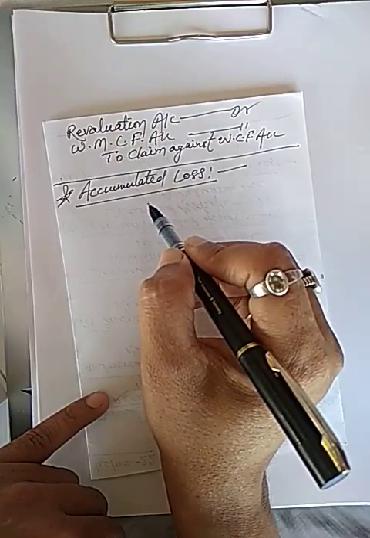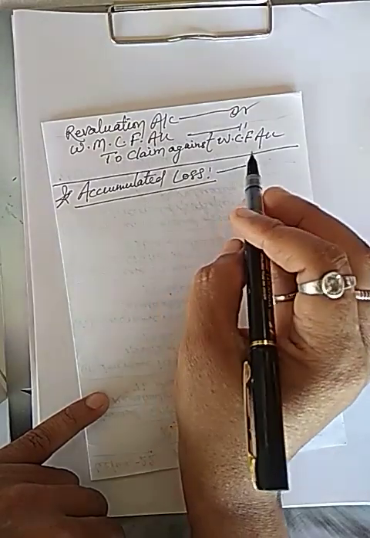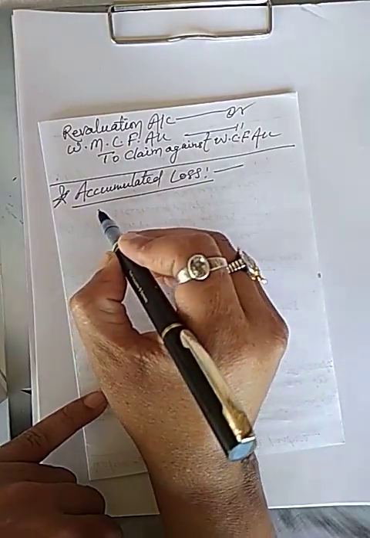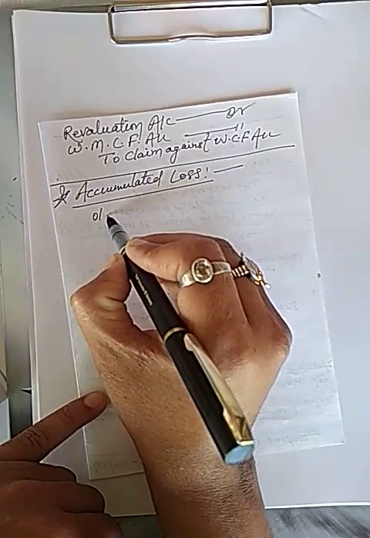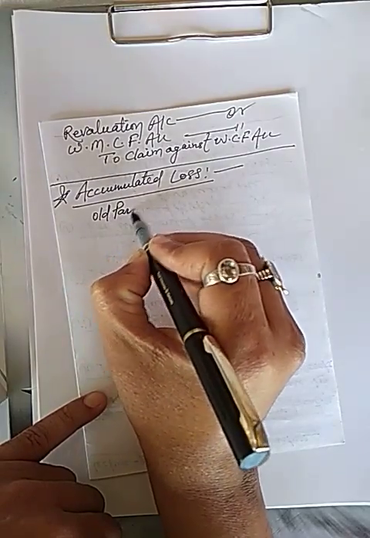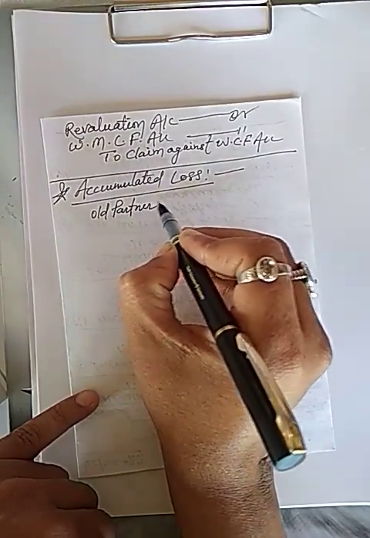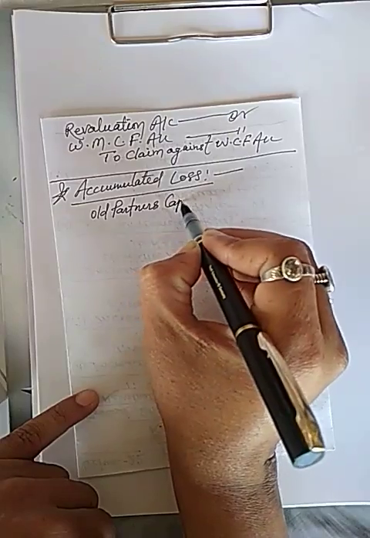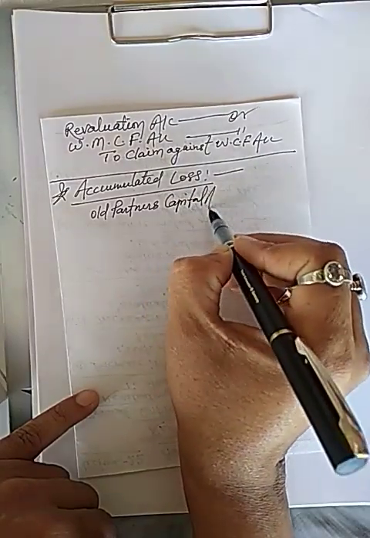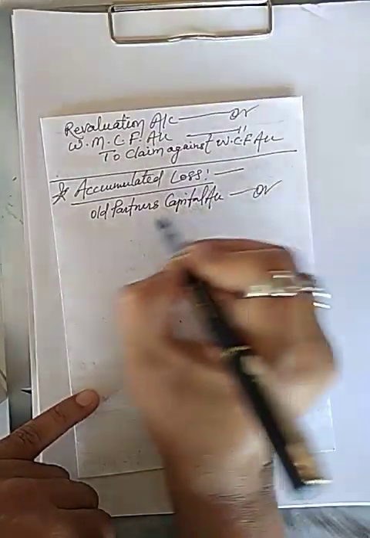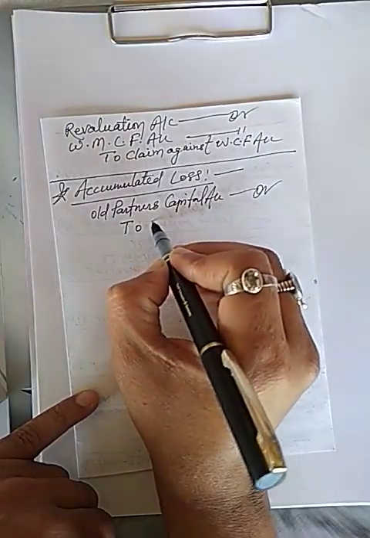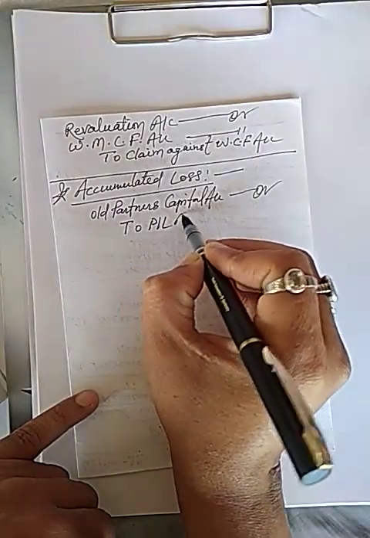The entry will be: Old partners' capital or current account DR, to profit and loss account,